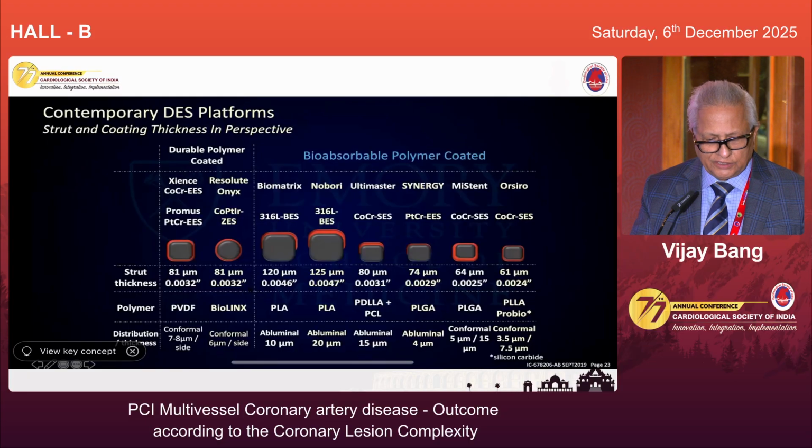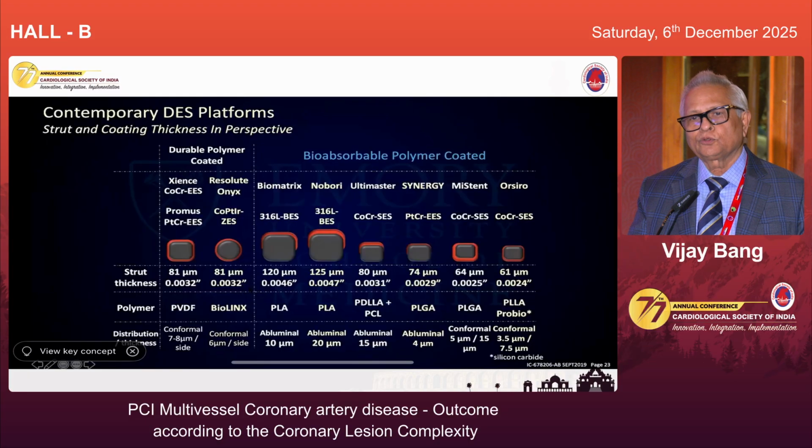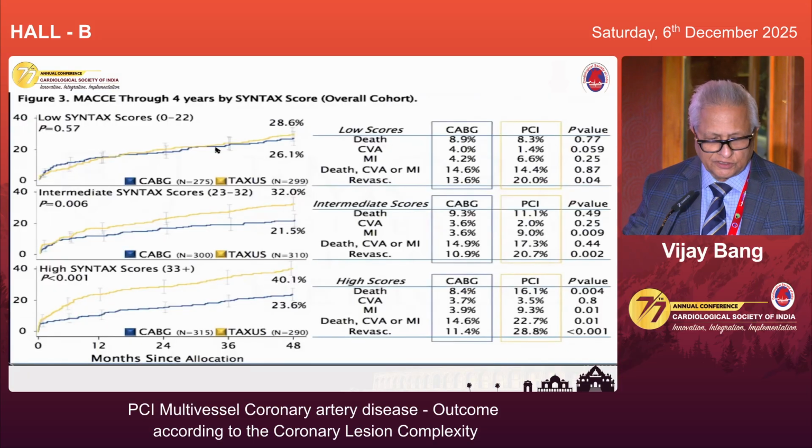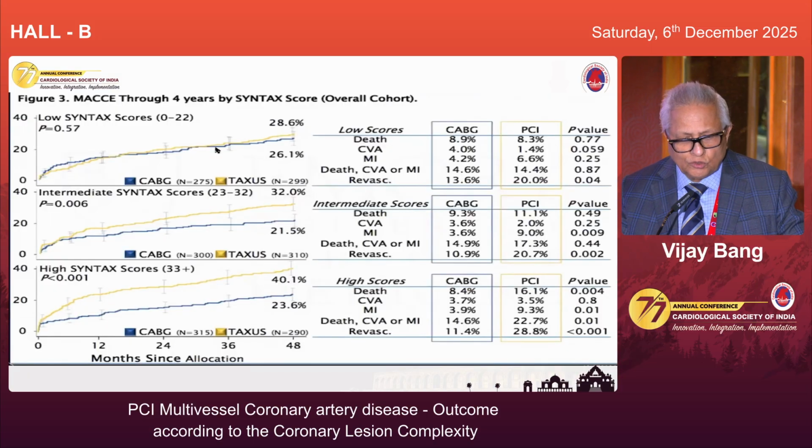And we know that the bioabsorbable polymer-coated stents are now available, and there are several varieties of it, from first generation to second generation. And now we have a third generation. We know that Synergy is the third generation stent. SYNTAX score 1,